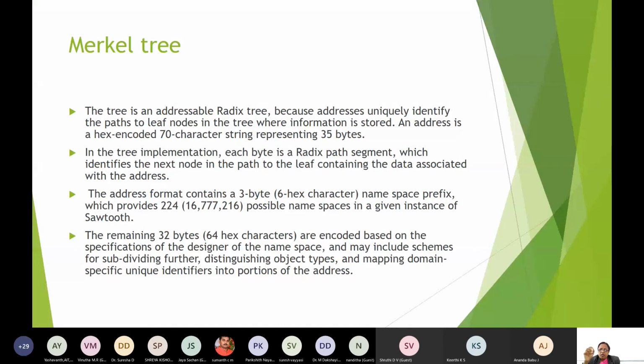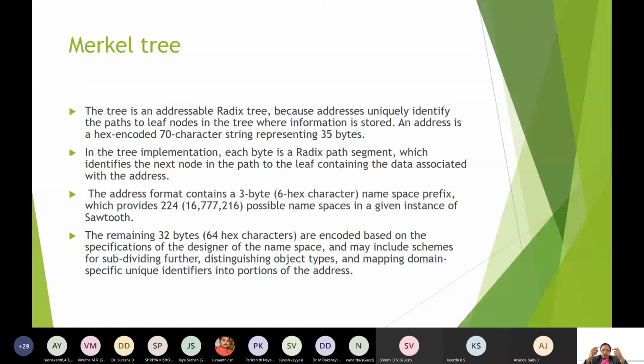Because if you are a binary engineer, whatever we study in digital electronics, we know how to calculate that: 16,777,216, right? 2 raised to how much is it? Okay. The 32 bytes, that is 64 hex characters, are encoded based on the specifications of the designer of the namespace.